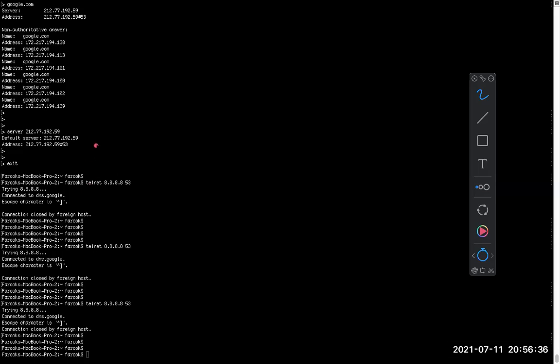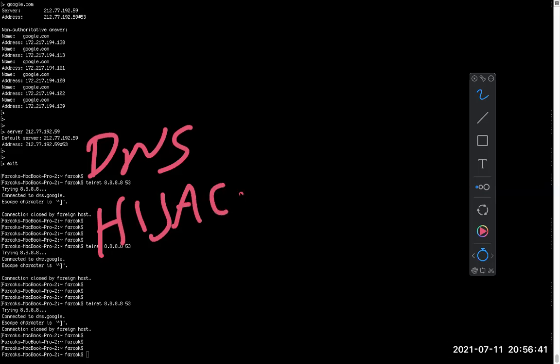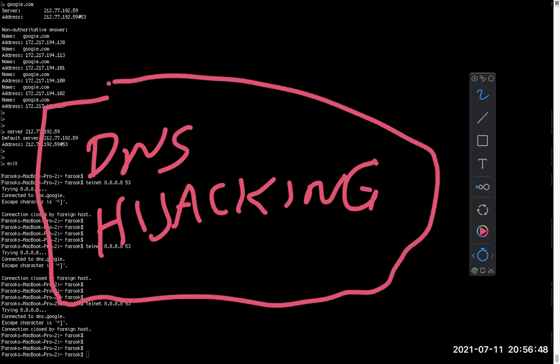Now there is something called DNS hijack. This is a trick hackers normally use. I know many of the financial company people are in this meeting, and there are some government company people also. Some of them are faceless, some of them may face it also. So DNS hijacking is a thing.